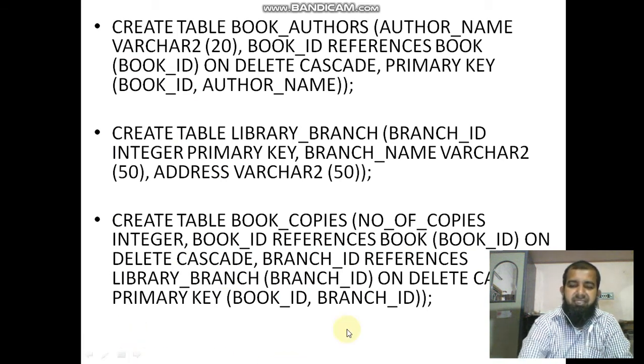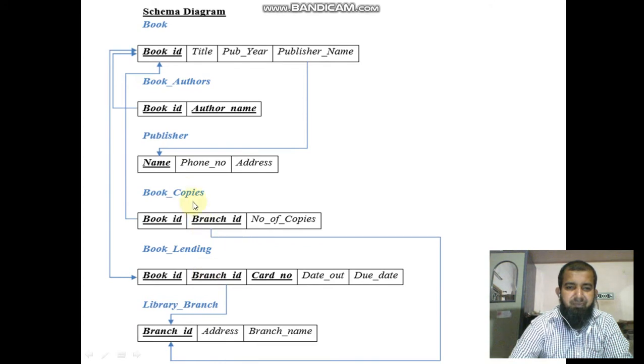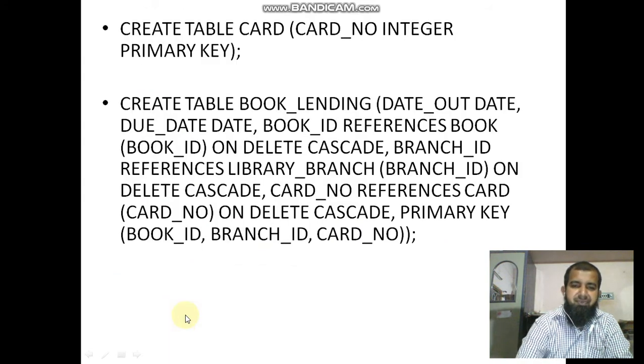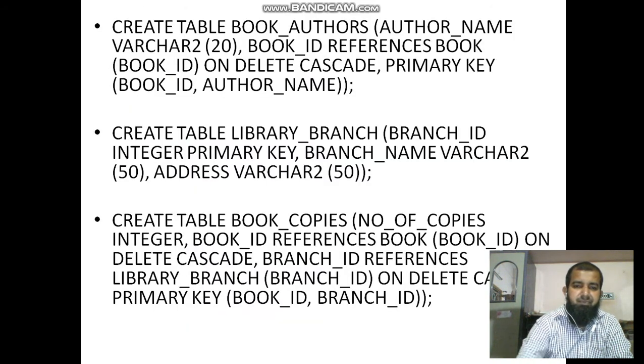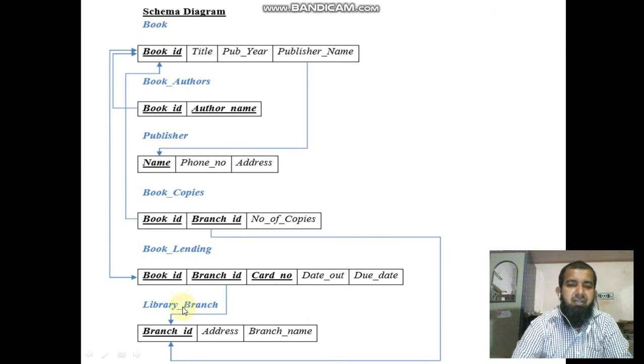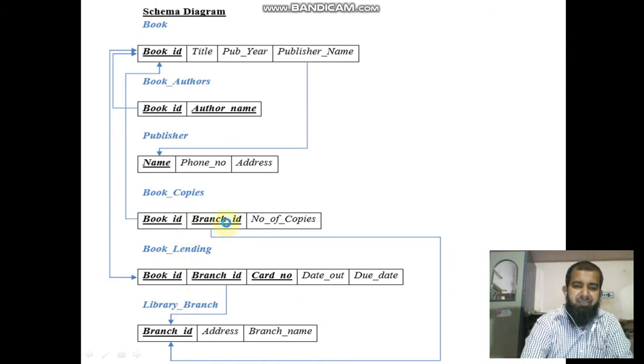Branch ID of book copies table is a reference to branch ID of library branch, on delete cascade. Which are the primary keys? Book ID and branch ID are both the primary keys.